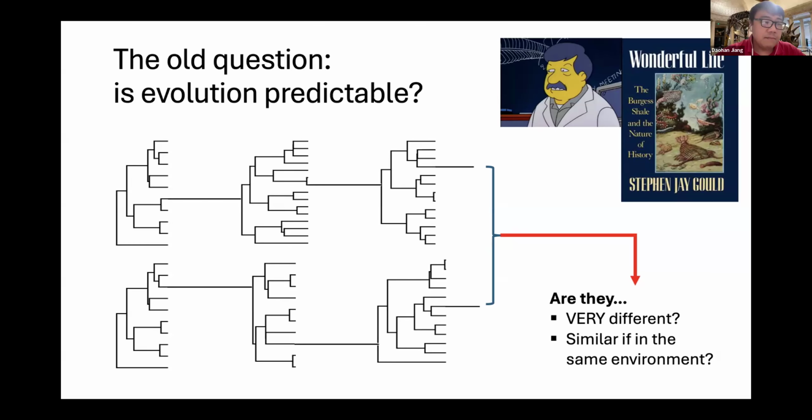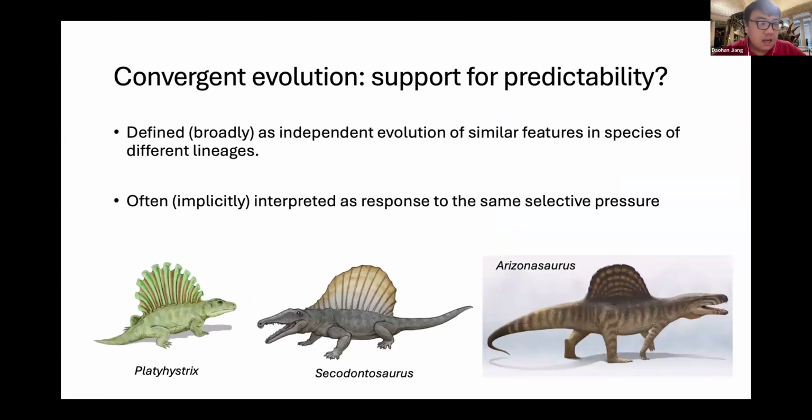Specifically, had it been some other lineages that were lucky enough to survive the mass extinctions, what form would they evolve into? Would they evolve into something that's very similar to what we see today, given the same environments, or into something very different? Apparent support for this view that evolution is generally predictable is the phenomenon of convergent evolution, in which similar features evolve independently in different lineages.